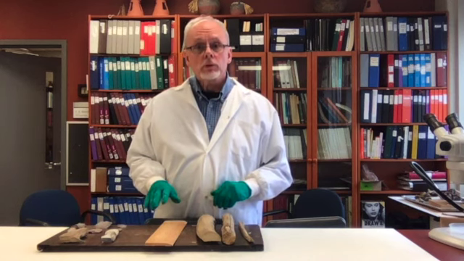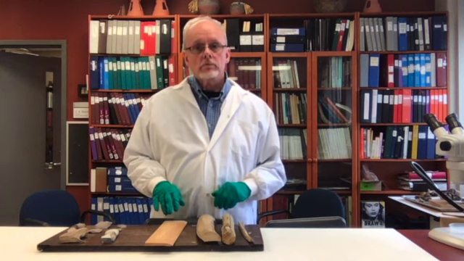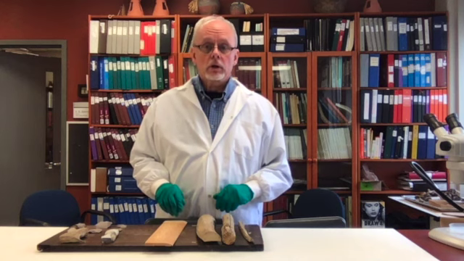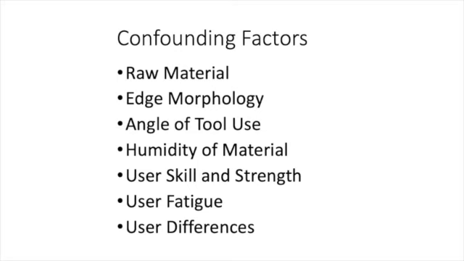But when we do an experiment like that, we have to be mindful of all the other factors, what we call confounding factors, that can also affect the outcome of the experiment. If, for example, we're interested in use wear differences that are due to differences in contact material, we should be mindful of a whole lot of other factors that could also affect the character of the use wear. When we have multiple participants in a use wear study, potential differences between them are among the most important confounding